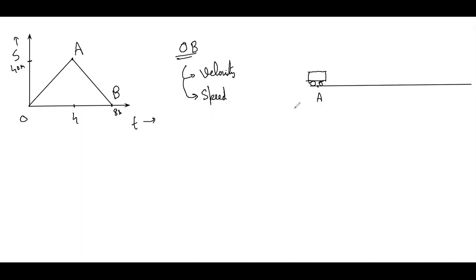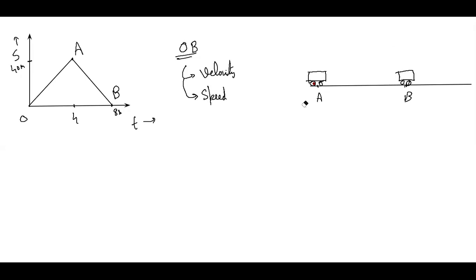So, it was given that at first it moved with a speed of 10 meters per second up to 4 seconds and then it stopped. So, it will go up to somewhere point B. Okay. So, its speed decreased, but it did not go back to its initial position. So, why will the velocity be 0? It was a linear motion, not a circular motion, and it is nowhere mentioned that it took a U-turn and went back.